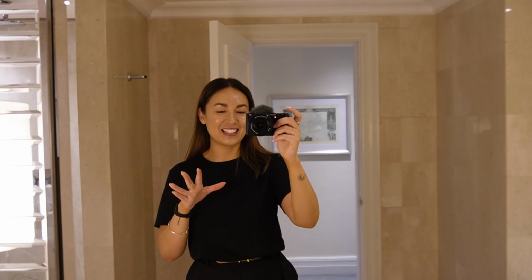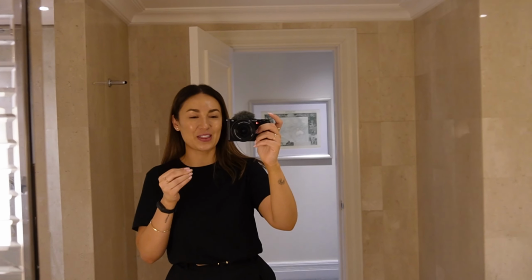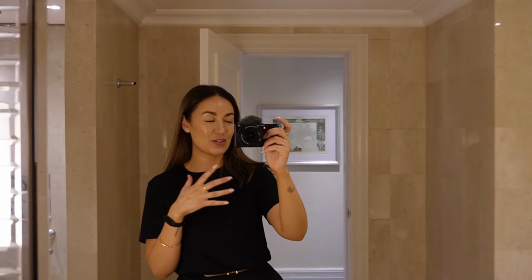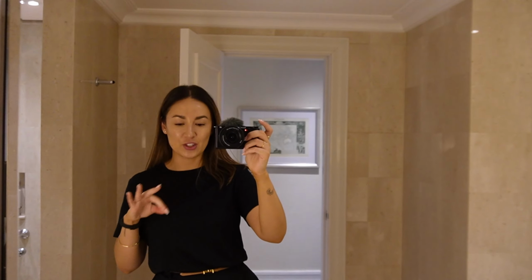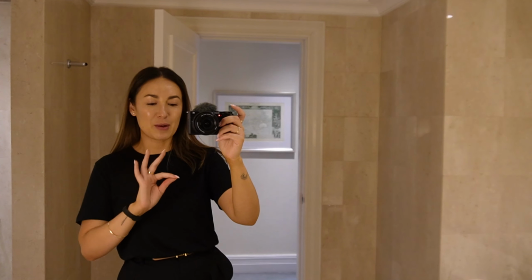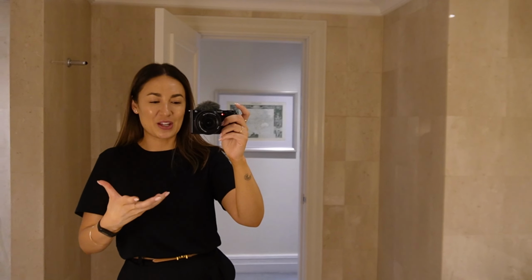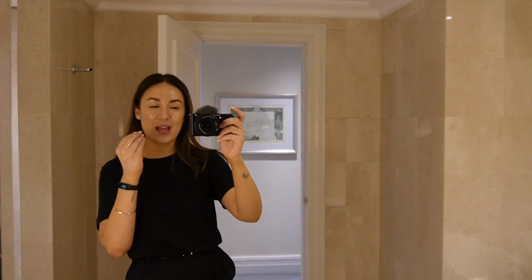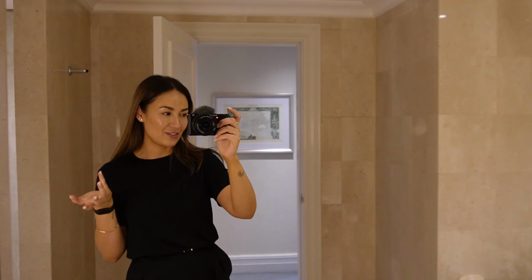Okay, brief interruption because they've just brought our bags. But like I said, I just want to show you the room before we mess it up because Bella and I have, this room has literally taken our breath away and we've literally been here for maybe 10 minutes. We've gone only to reception and checked in and they've already gone above and beyond over the usual service that they provide. So we've obviously just had our bags brought up by the doorman, which was lovely and he's so nice and